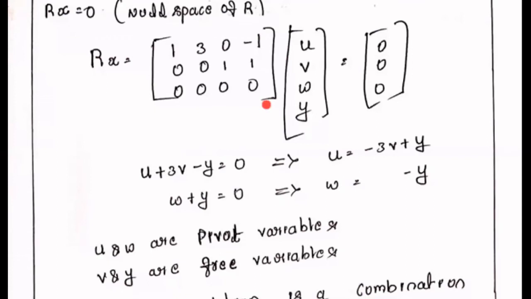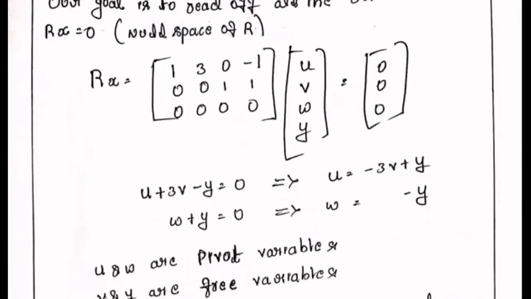And observe this very carefully, okay? This is the basis for the coming classes. Where does the pivot exist? A pivot exists here in the position of U, right? All the first column elements are multiplied by U, and here the pivot exists. In the second column, does a pivot exist? No. In the third column, you have a pivot, right? Here you have a pivot. And in the fourth column, there is no pivot. So literally U and W are the pivot variables. The other two variables are called free variables, okay? These two have the pivot.